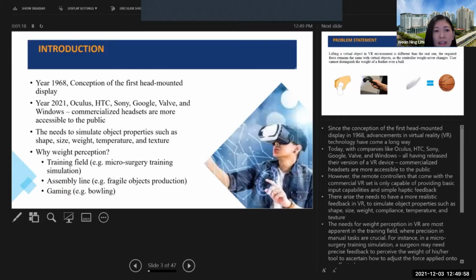So first of all, let's take a look at the conception of the first head-mounted display in 1968. The advancement in VR has come a long way. And as of now, year 2021, all the big companies have commercialized their headsets, and it has become much more accessible to the public.